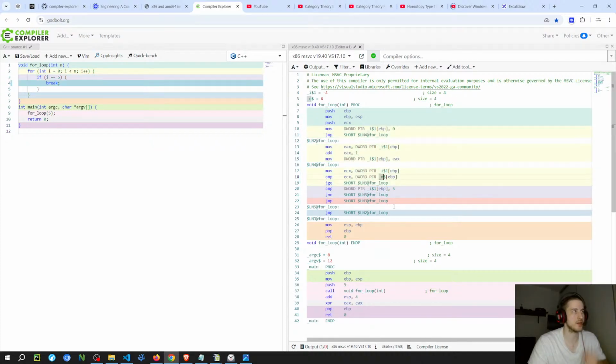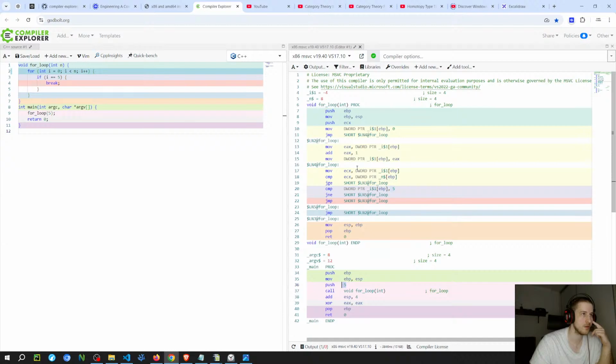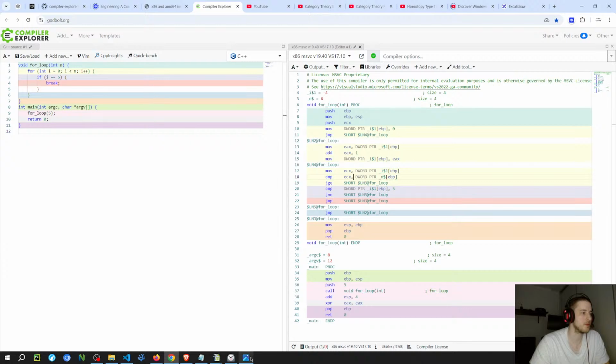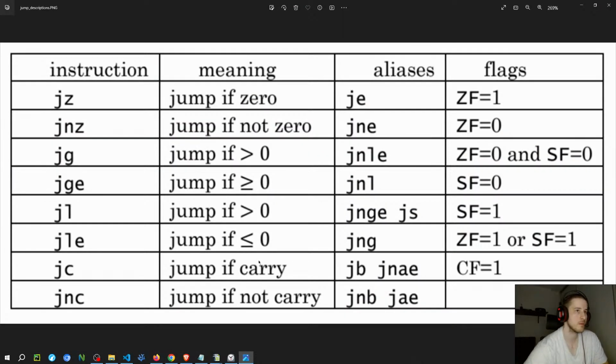n is at offset 8, which is the 5 here that was pushed. So it's comparing this, and it's going to jump if greater or equal. Greater or equal, I think, is unsigned, but I don't remember. Oh, so it is signed.